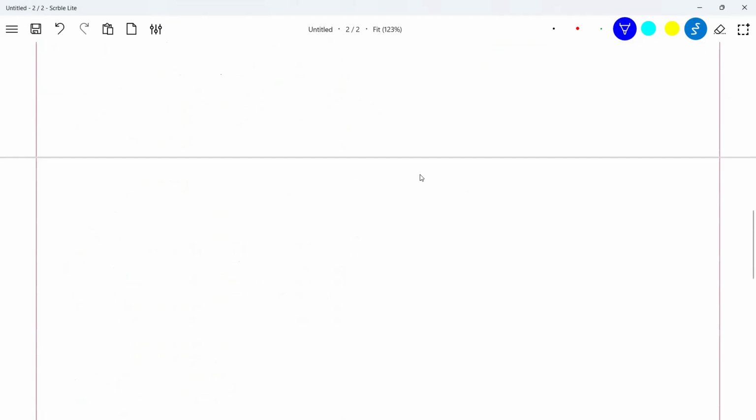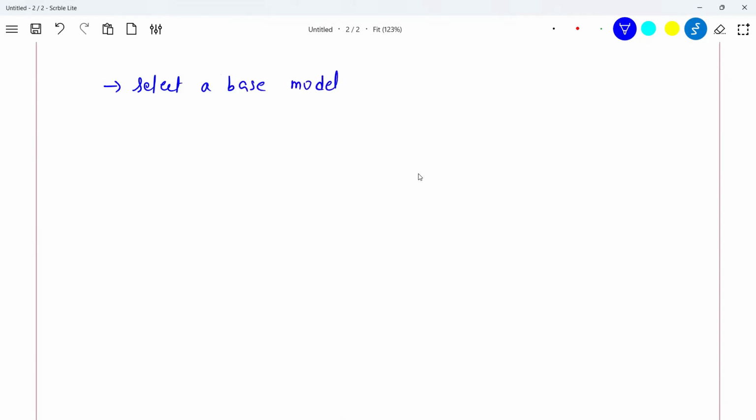Now, in building with an LLM, first of all we will need to select a base model, and create or acquire data for fine tuning.